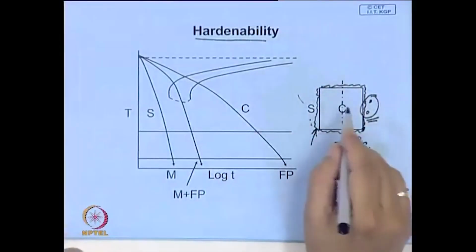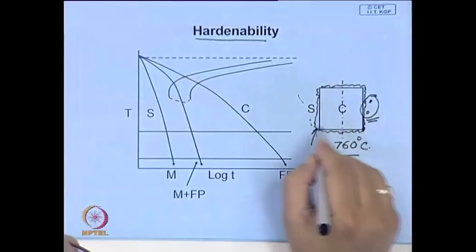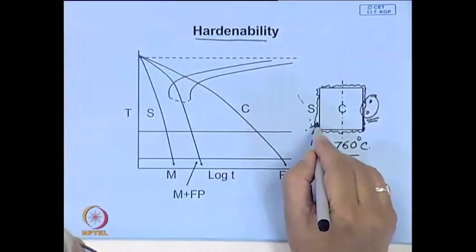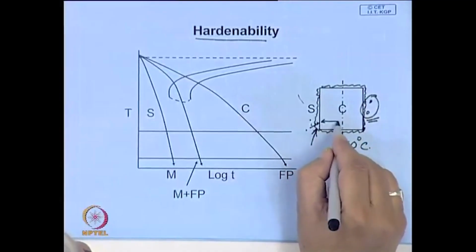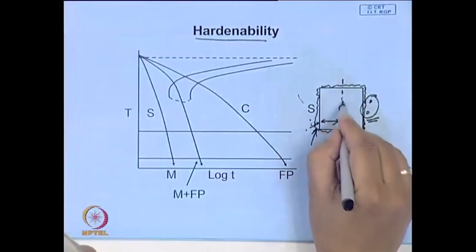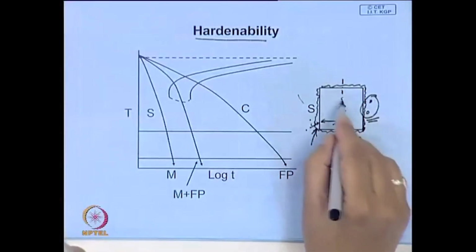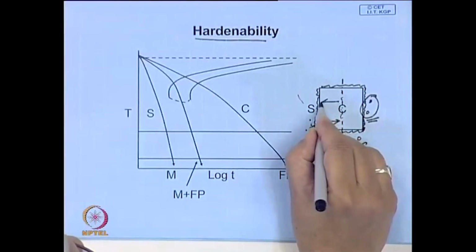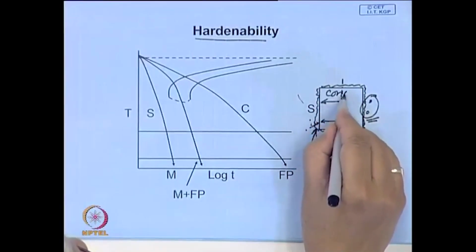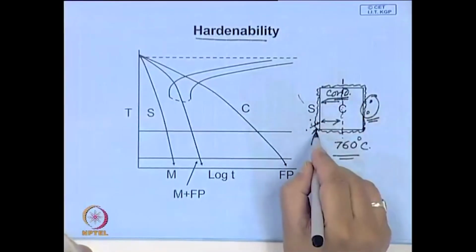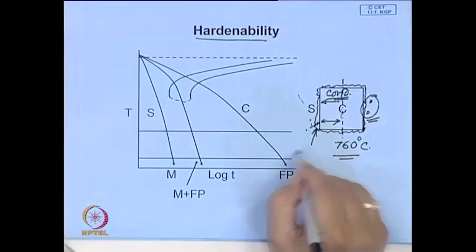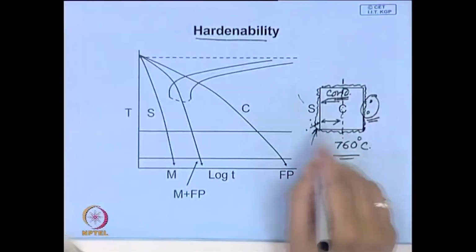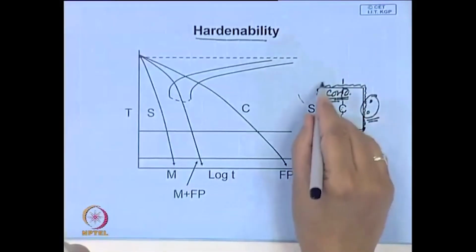We just deviated a bit, but what is important is that, no doubt, it is possible to get a very high rate of cooling at the surface, but if the job is large, you will find that the center will cool much slower, because here the heat will be transferred by conduction only. Outside you can play with it: you can agitate, you can allow the bubbles to form, and by violent agitation you can cool this